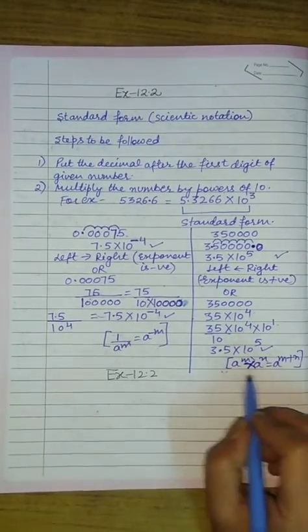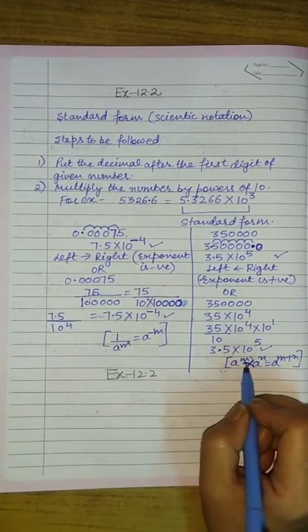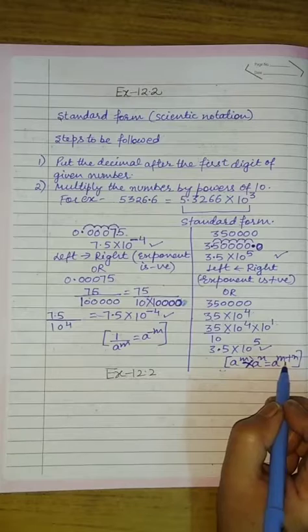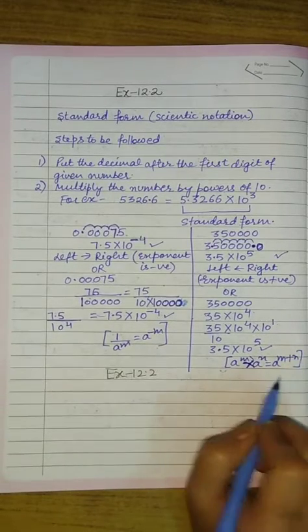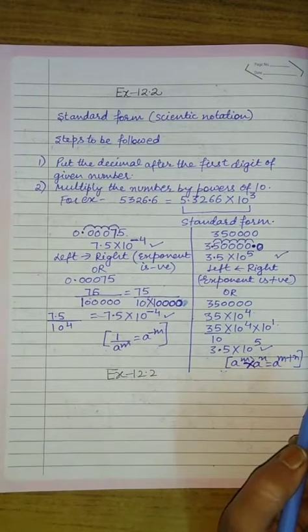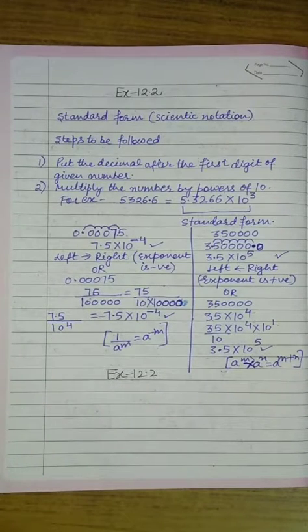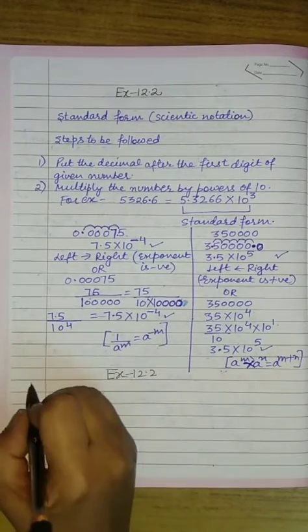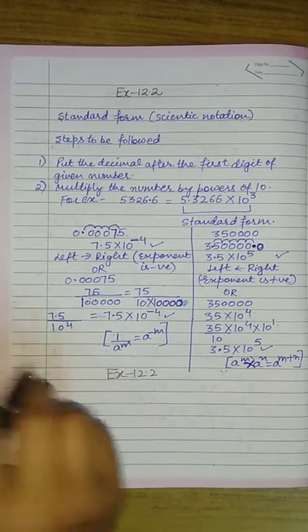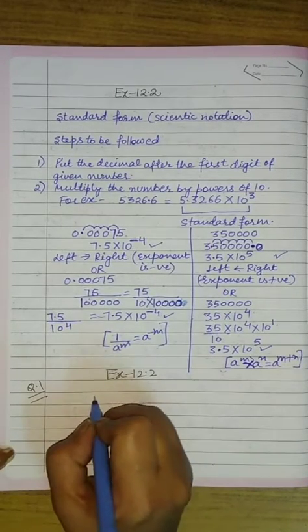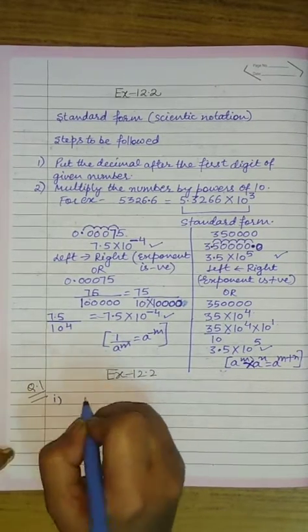So by using the law of exponents, a raised to power m into a raised to power n is equal to a raised to power m plus n. In this exercise we will use the same method to get the number into standard form. So question number 1 of exercise 12.2, we have to convert the given numbers into standard form. The first part of this question is